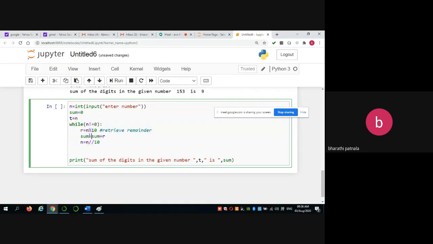Sum of the digits for a single iteration, this one. So if sum exceeds more than 9, then you have to consider that number as an n value and do the same task. How can you do that?